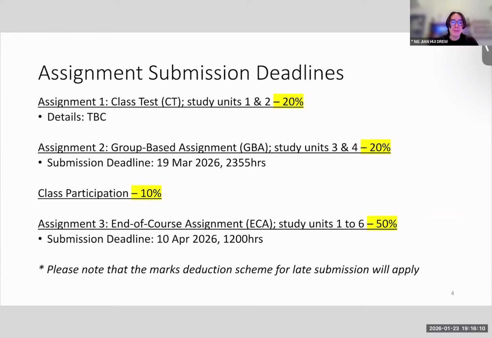Group-based assignment. Today, one of our agenda items is to form groups of 4. So 4 or 5, let's say you have a group of 5, you can email them to me, or a group of 4, email them to me by the end of today's lesson. However, if you do not have any grouping, do not worry, I'll just randomly assign you to a group, right? In case you only have a group of 3 or 2, do still email me, and then I'll see what I can do to try to slot maybe two more persons to form you into a group of 4, right?